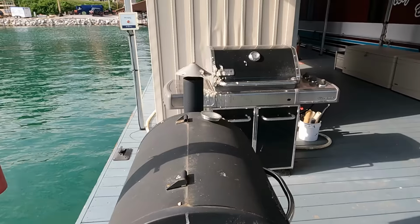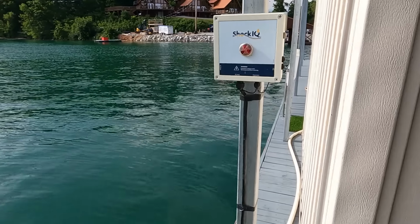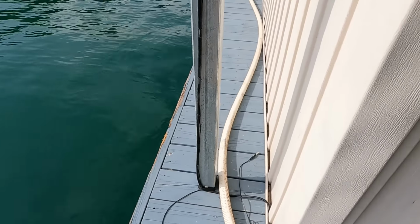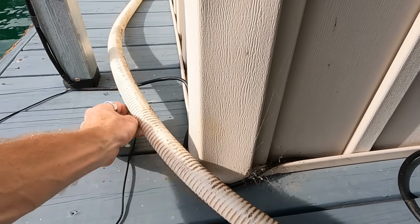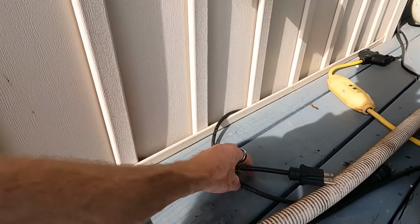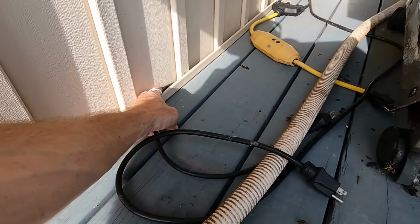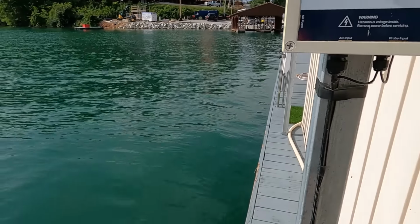Now, one other feature that I do not want to neglect pointing out is this Shock IQ alarm. So this is going to have a sensor that simply goes into the lake right here. That's going to be this sensor right here. You drop this overboard, and then you plug in the other side of that. It's one of these 3 cords right here. You can plug that into your power, and then this is going to be checking for electrical current in the